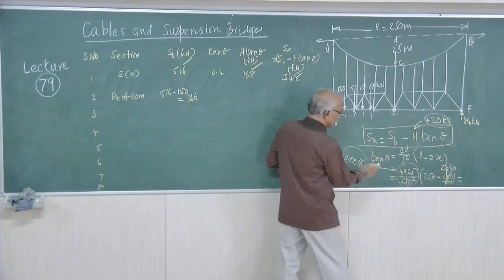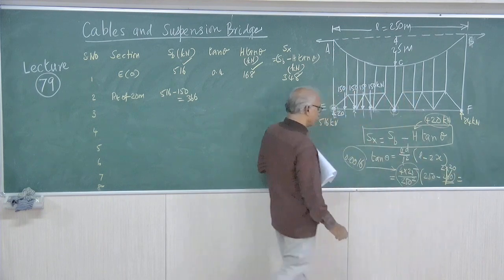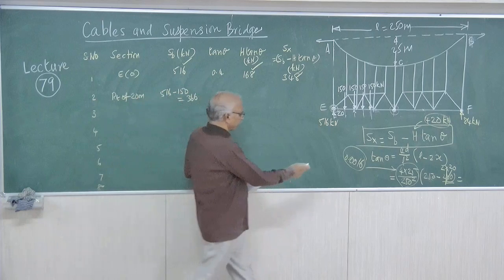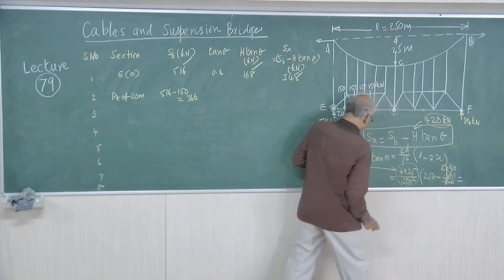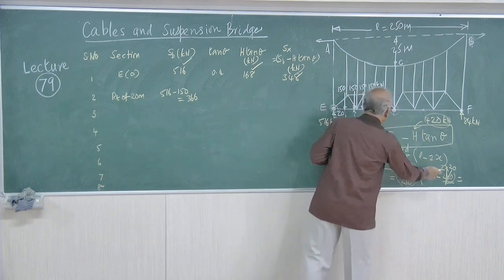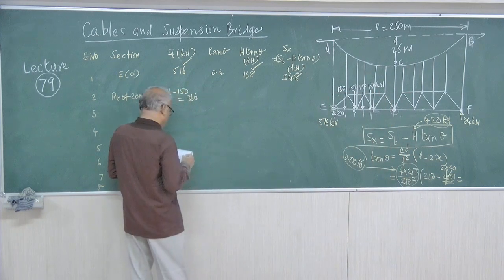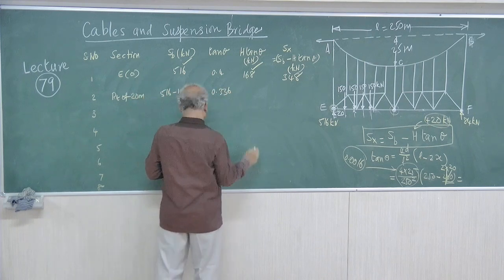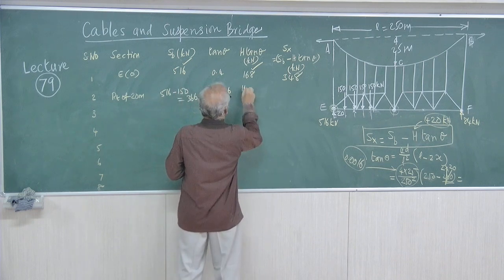0.0016 into 250 minus 40, 210. Straight calculation. So if this is simplified, we know 250 minus 40 equal 210. So 0.0016 into 210 will give this value. You have to simplify the way of your calculations. So this is 0.336. And H tan theta is 141.12.